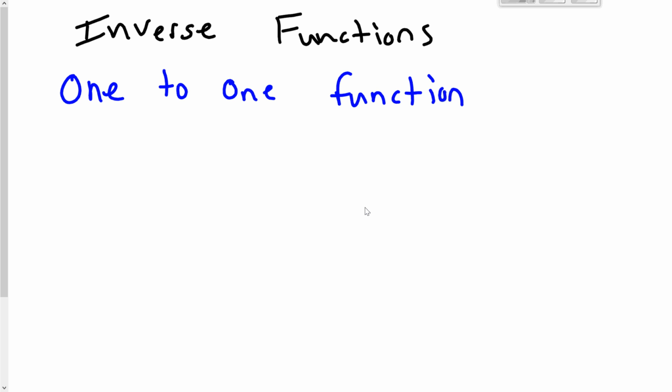Chapter 4, the first section is about inverse functions. First thing we're going to talk about is one-to-one functions. In order to be a one-to-one function,